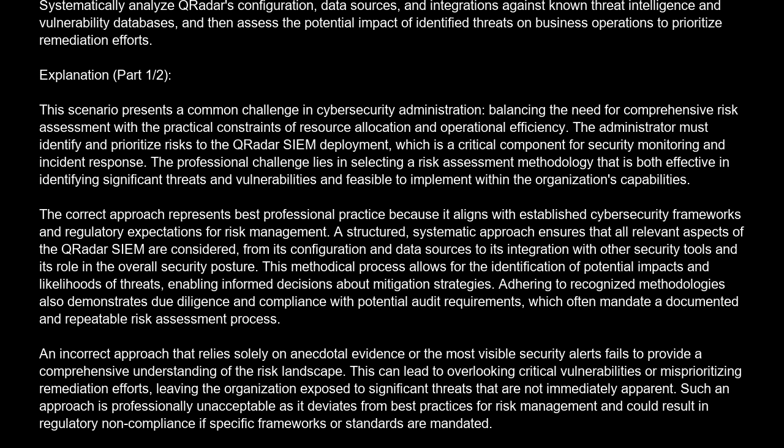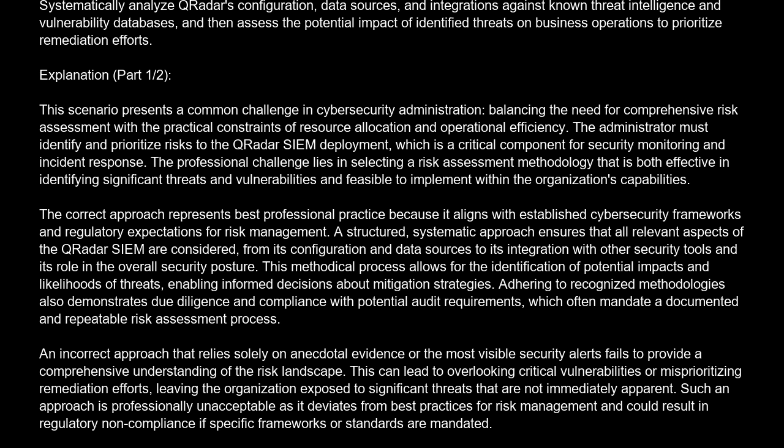The correct approach represents best professional practice because it aligns with established cybersecurity frameworks and regulatory expectations for risk management. A structured, systematic approach ensures that all relevant aspects of the QRadar SIEM are considered, from its configuration and data sources to its integration with other security tools and its role in the overall security posture. This methodical process allows for the identification of potential impacts and likelihoods of threats, enabling informed decisions about mitigation strategies. Adhering to recognized methodologies also demonstrates due diligence and compliance with potential audit requirements, which often mandate a documented and